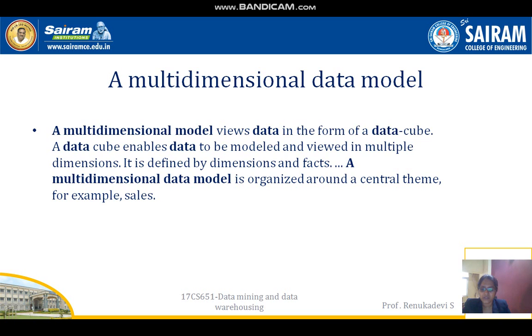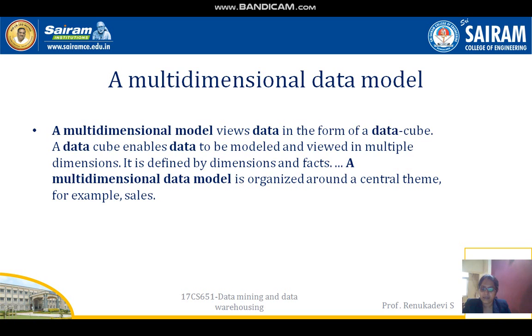Each dimension has a table related to it, called a dimension table, which describes the dimension further. For example, a dimension table for an item may contain the attributes item name, brand and type.